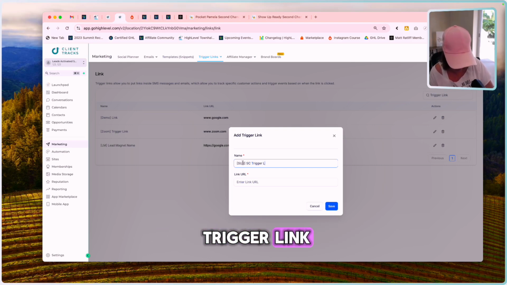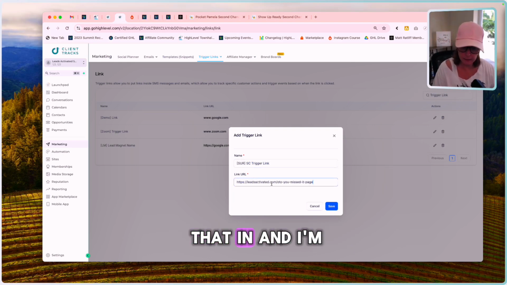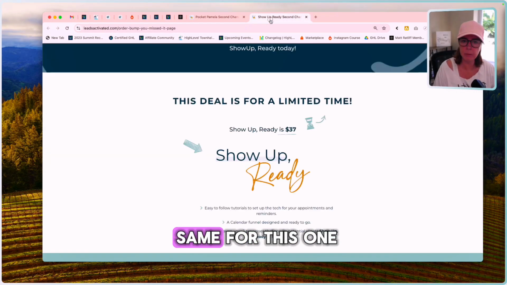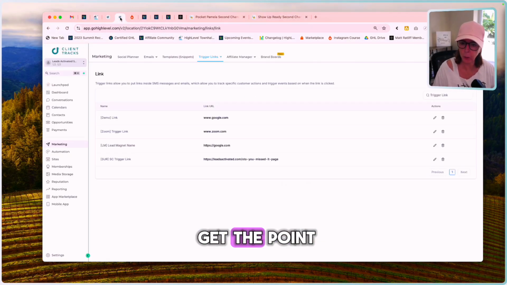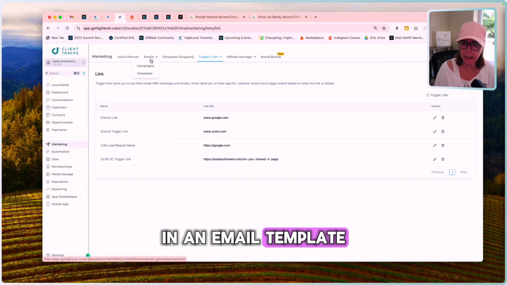And it's my trigger link, right? I'm going to paste that in and save. And I'm going to do the same for this one. I got them backwards, but that's okay. You get the point. Then I sent out the email in an email template